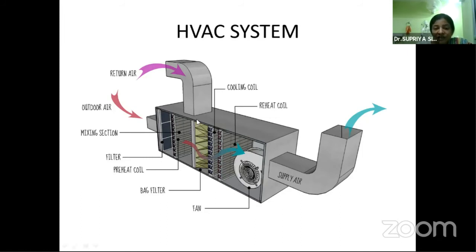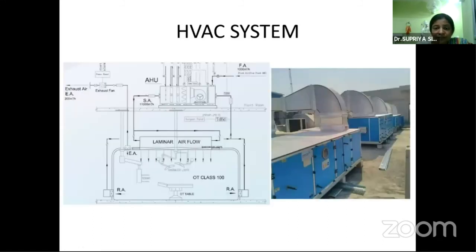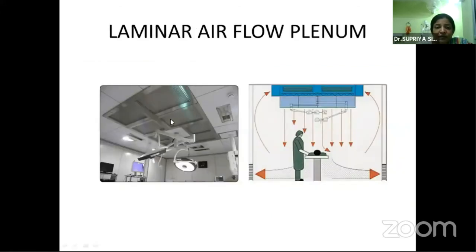The AHU of HVAC comprises 3 chambers. The first chamber has provision for fresh air inlet and return air inlet. In the first chamber, these two airs are mixed and then pass through a set of 5 microns filter into the second chamber, where it is cooled, compressed and then goes to the third chamber via a set of 3 microns filter. From the third chamber, air then goes to the laminar air flow plenum, where a terminal 0.3 microns filter is placed and then comes to the OR. So this is how it looks. This is a photograph of the laminar airflow plenum.